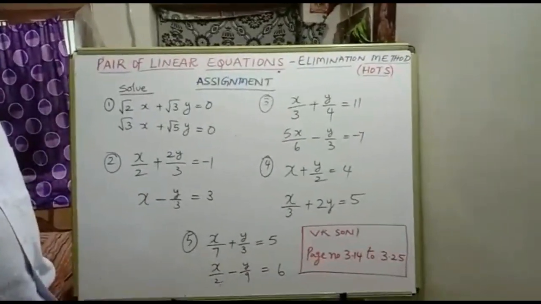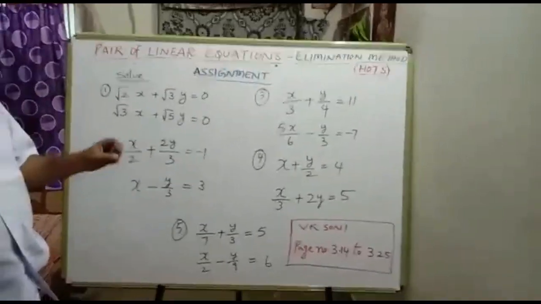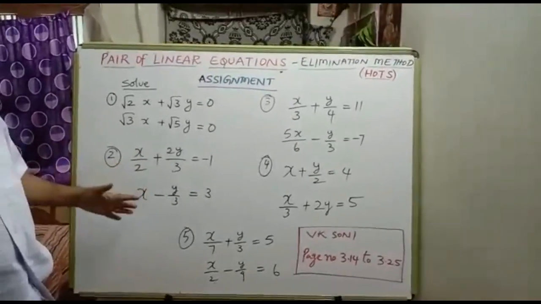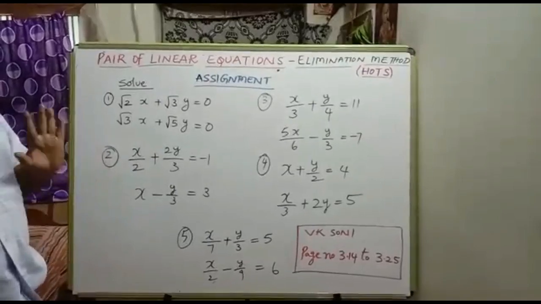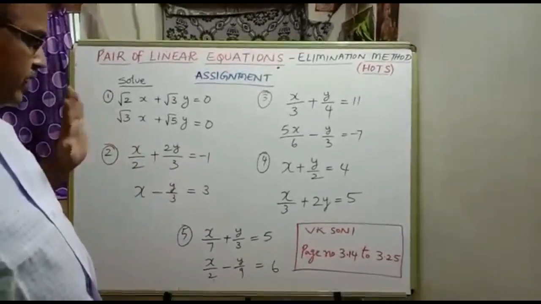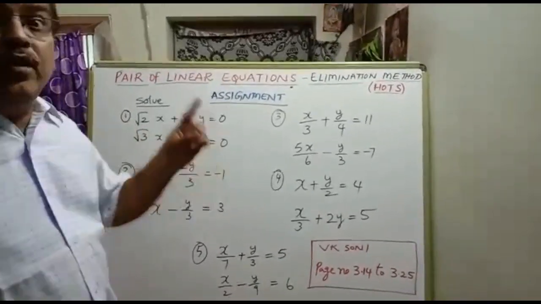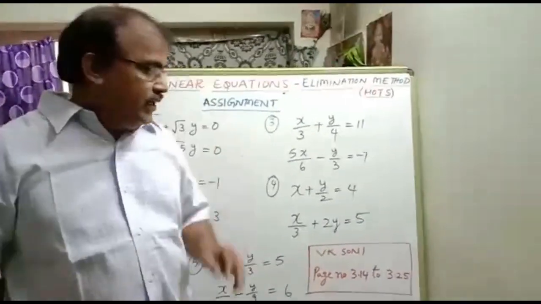Children, we completed 3 very, very important sums which are odd. Here I have given 5 sums. You solve these 5 sums. These 5 sums are an assignment, and send them to your class teacher.